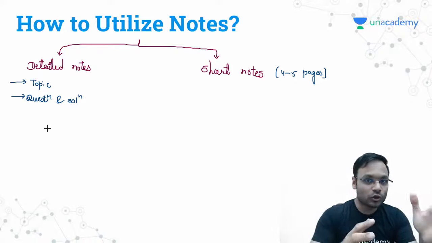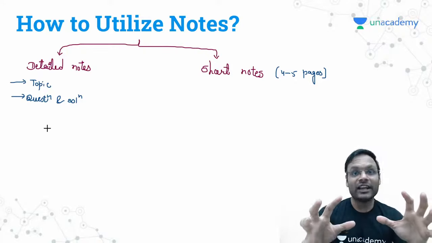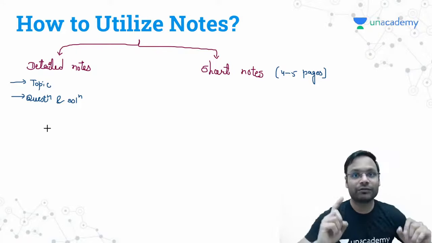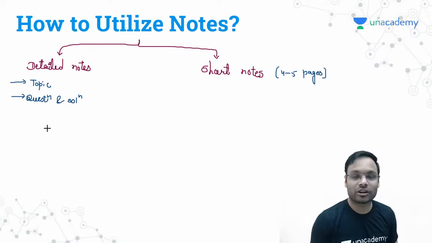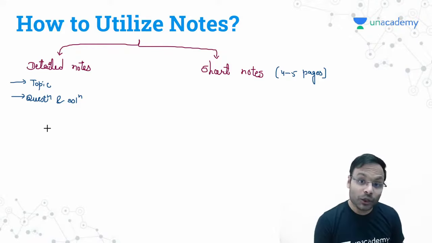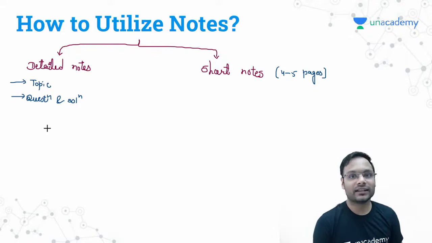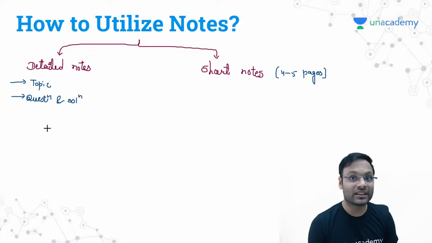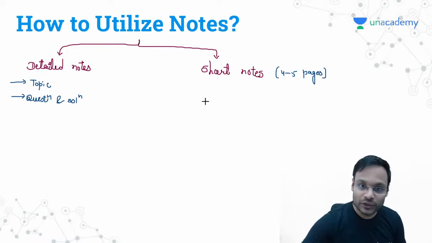When you are making short notes of such things which you will have to remember as it is, the things to be memorized, those short notes we will revise in the last 15 days before the exam. We will just revise the short notes day to day, so that you can remember those things as they are, perfectly correctly. And that will make a lot of difference in your GATE result. At least 4 to 5 marks you will get extra because of these short notes.